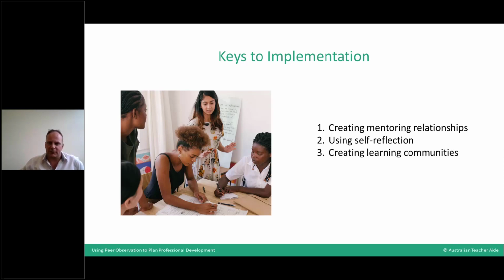And the last one there is creating learning communities. This should not be done in isolation and then put away. You should keep a record of the learnings and the challenges that you face as you go through this, so that in future, as you do this with other people who are coming into the same situations, you can reflect on what you've done before, learn from the mistakes, celebrate the wins, and also allow this to extend beyond your own school. Maybe what you've done in your school is different to what happened in another school, so you'll be able to share this with TAs outside your own school.